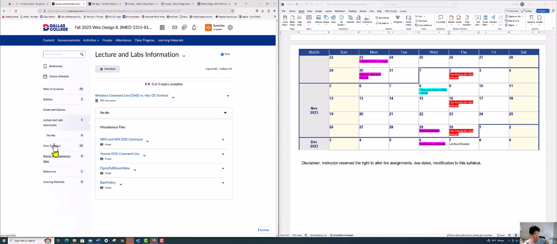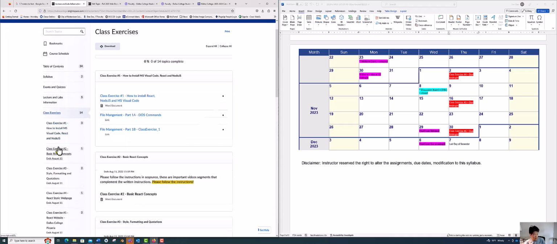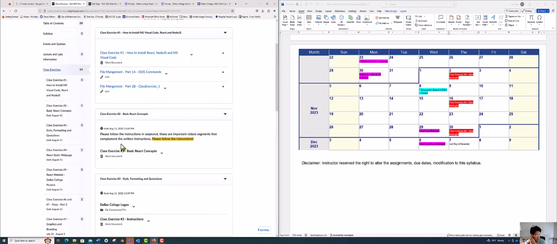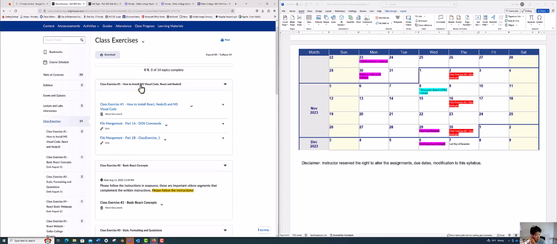Come over here, and if you look at the class exercises, I have 6 class exercises here, and they start as prescribed. So again, how to install Visual Code, which is the tool that I'm asking you to use, how to install React and Node.js with it. All this instruction is written here, so please follow my class exercise number 1